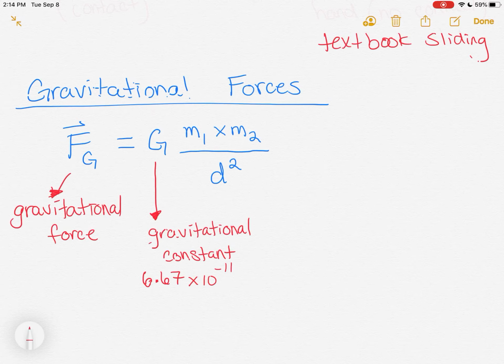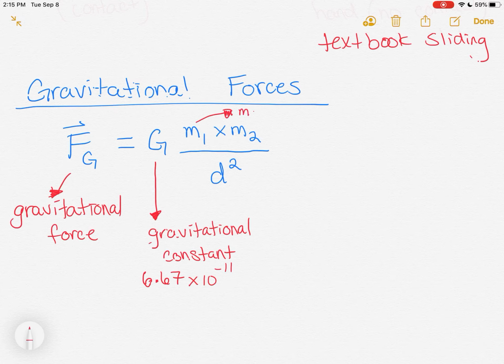It's extremely small, but it is constant in our universe. So as long as we are dealing with objects that are in our universe, this is our gravitational constant. If we were to, say, go to a different universe, the gravitational constant would likely be different, theoretically anyways. Okay,